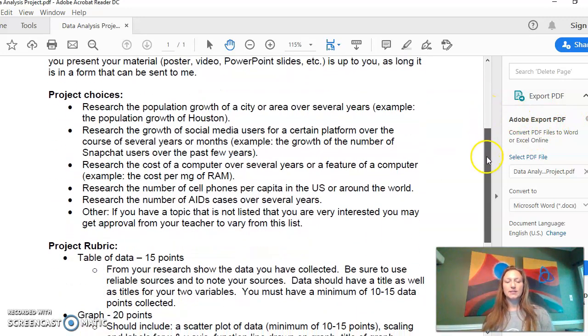The first part is I have given you some ideas like population growth, the growth of social media on a certain platform, so here's some possible ideas for you. I did put another category here. If you want to use another idea, just text me your idea or shoot me an email so that I can make sure that you're on track with your idea. I don't want you to choose something that's definitely not going to produce an exponential growth. So that's why I want you to just run it by me. So first, you're supposed to get an idea what you want to do your project on. Once you have your data,